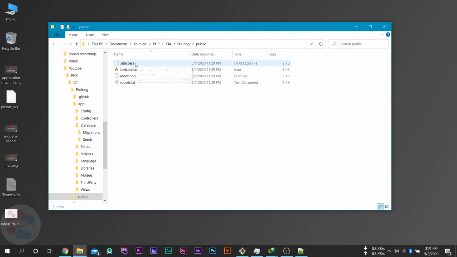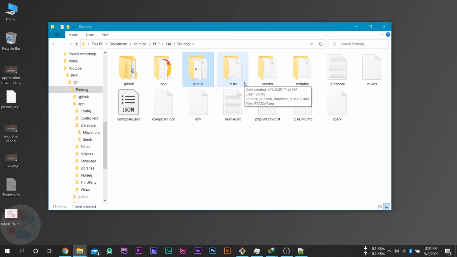The first one is the .htaccess file, which is the configuration file for the Apache server. The second one is favicon.ico, which is the icon of your website which will be visible on the tabs. Next one is index.php, and the last one is the robots.txt file, which is used for SEO.